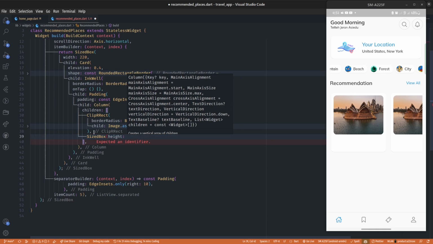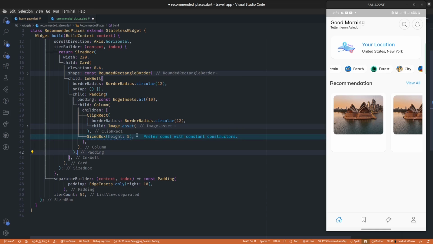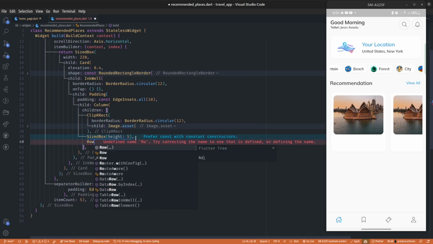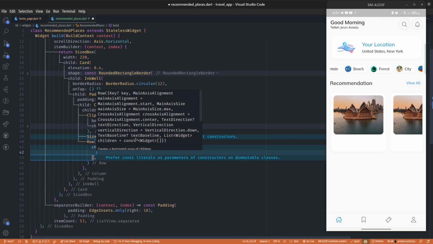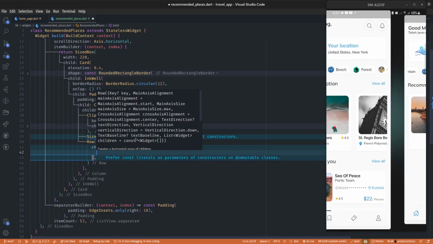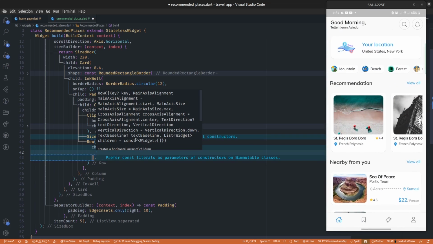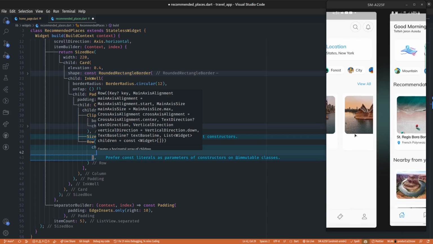And the next thing is going to be a row with some children, right? And the first child is going to be the location. So when we look at the finished project, we have the name, the star, and then the location, right? So there is going to be a row, and then there's also going to be a row, but they are all in a column, right? So let's